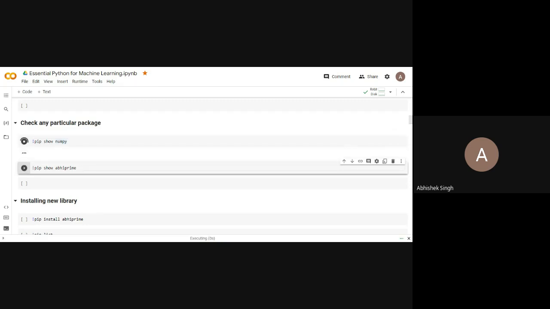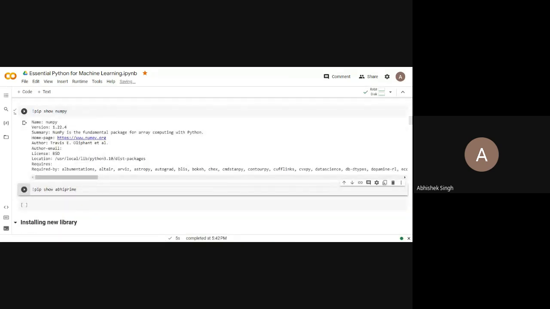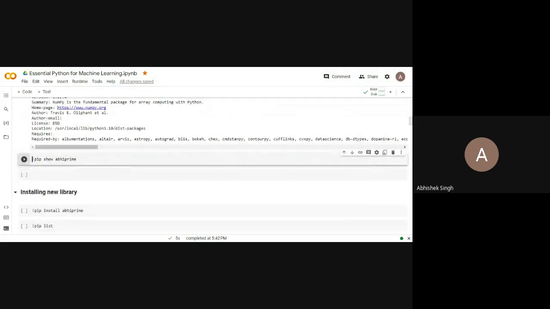When I run this, it shows that NumPy version 1.22.4 is available here. So if you are working on Python 3.10, you should have NumPy version 1.22.4. I'm stressing this version thing because it will create problems if you are not familiar with it.